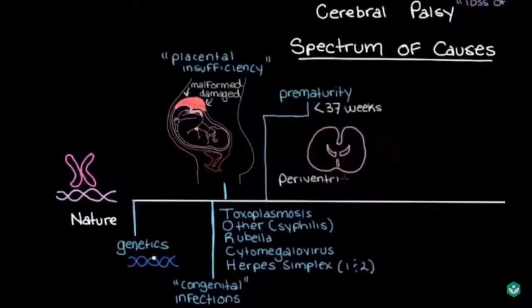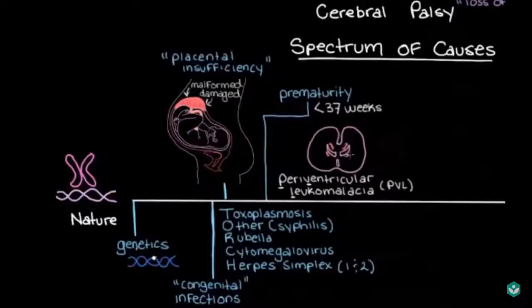And this is called periventricular leukomalacia, or PVL for short. So periventricular means around the brain ventricles, which play a part in keeping our brain nourished. And leuco, which means white, refers to the white matter in the brain. So PVL is a type of brain injury of the white matter of the brain that lives around the ventricles.